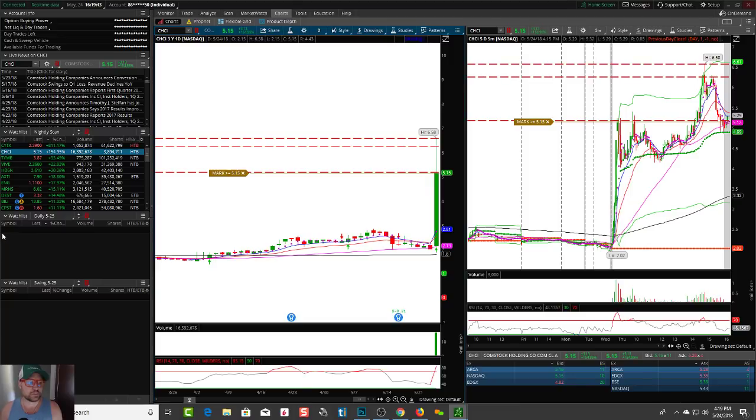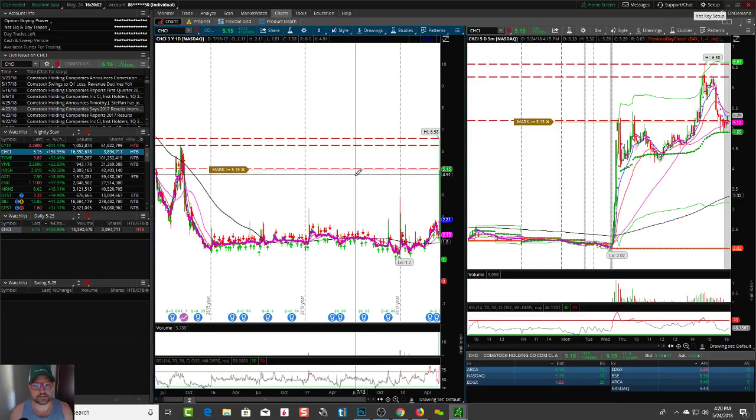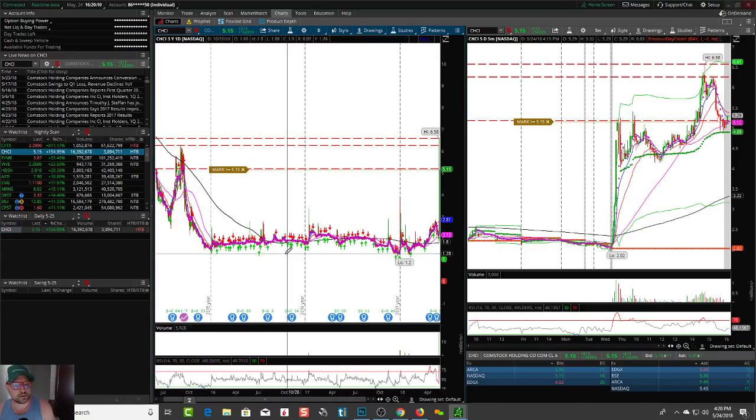This is why we say, with swing trading, somebody that's new might be like, wow, CHCI jumped up a lot today. I want to get in this stock. Should I buy it and hold? Buy it and hold because it obviously had a big green day today, so it must mean it's going to continue forward. No, you don't know that. First of all, the pattern sucks. It's a small cap stock. You don't know what it's going to do. It's got a history of pumping and dumping.